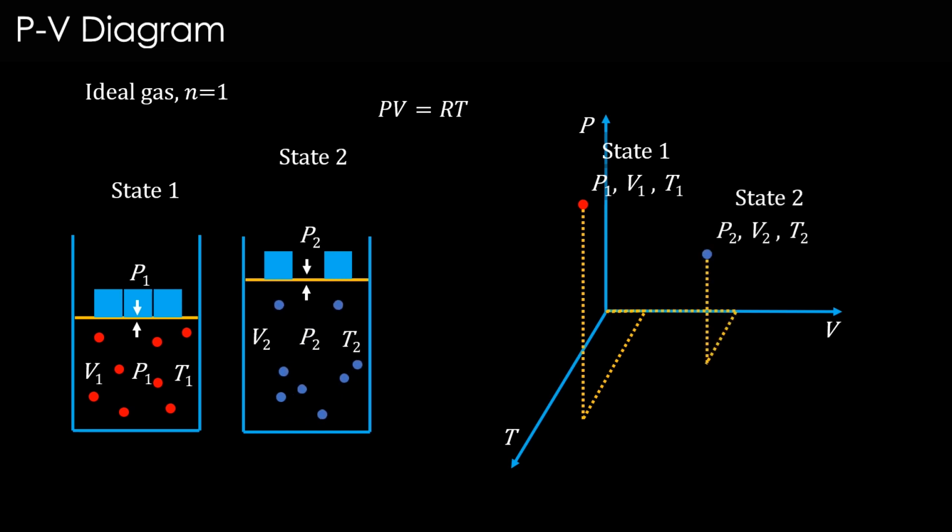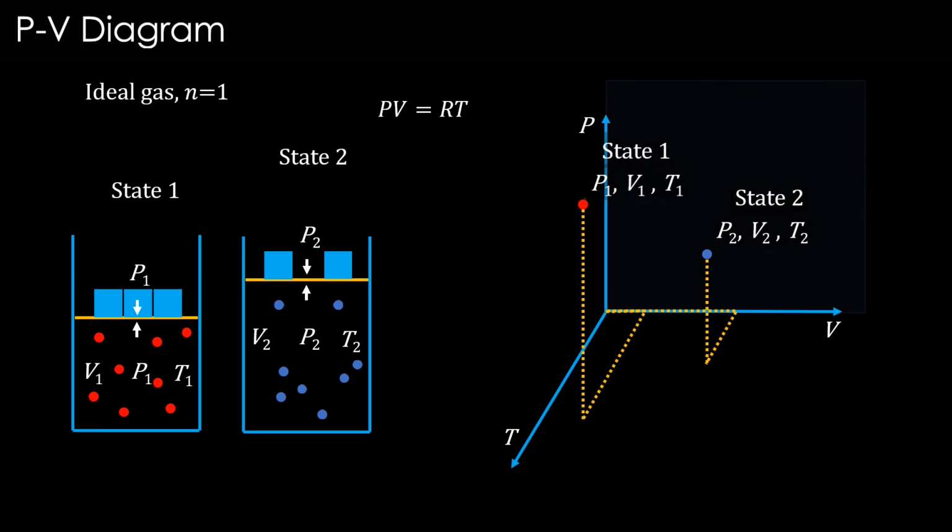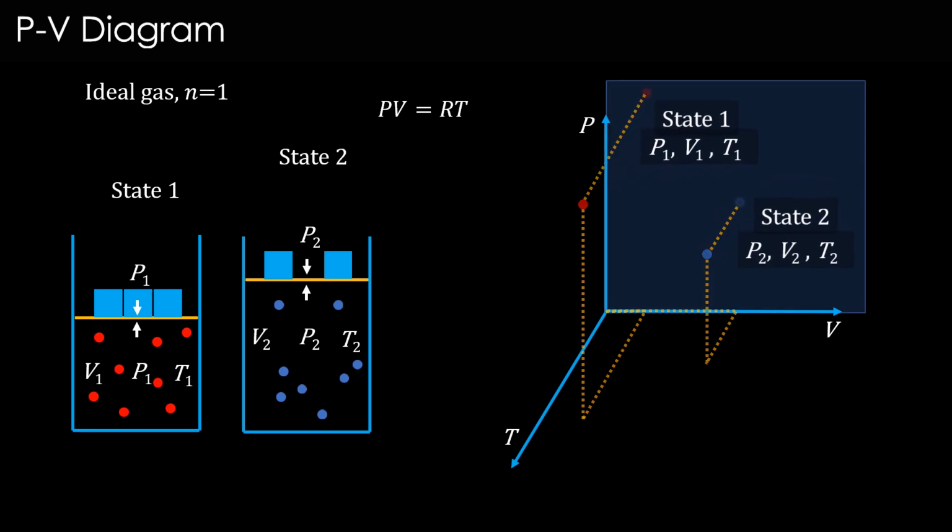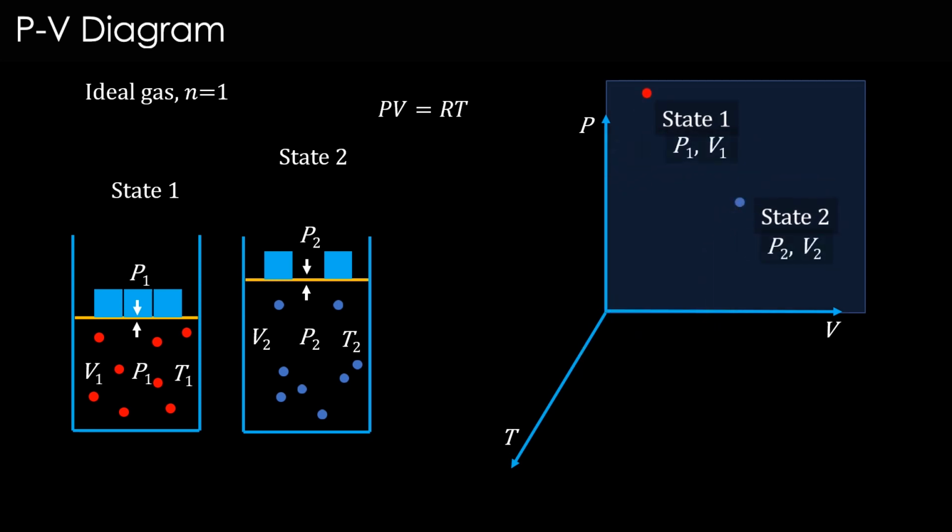In PVT space, it is here. Again, 3 variables are not required. So we can project these points into only the PV space so that we can have a 2-dimensional graph which is easier to visualize. Since these points in PV space obey the ideal gas law, the points represented in PV space are only equilibrium states. So PV space has only equilibrium states.